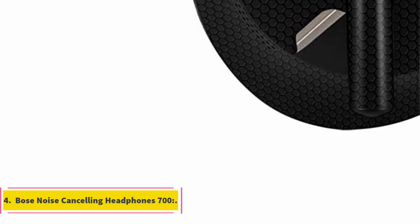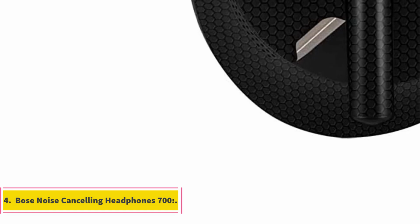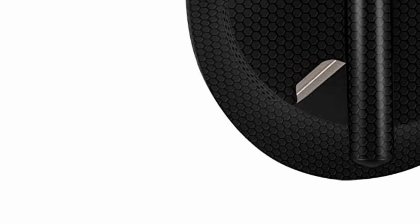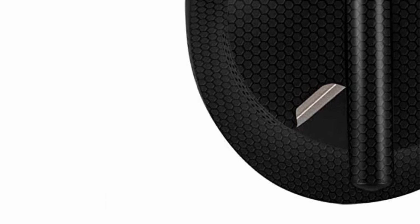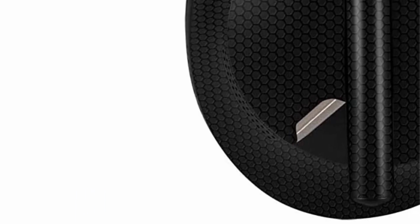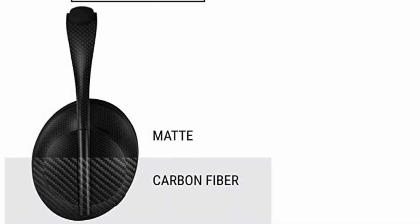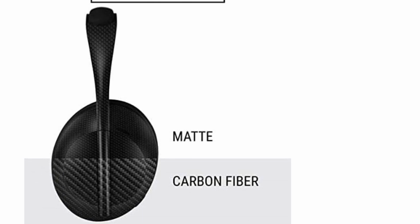Number 4. Bose noise-cancelling headphones 700. They don't quite beat the Sony WH-1000XM4 in battery life and cost. However, the Bose noise-cancelling headphones 700 are still a splendid pair of over-ear cans, and the best Bose headphones